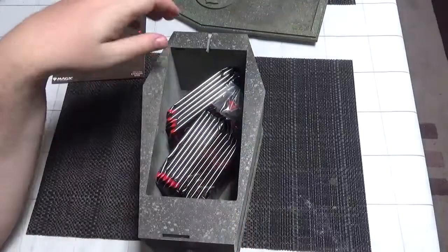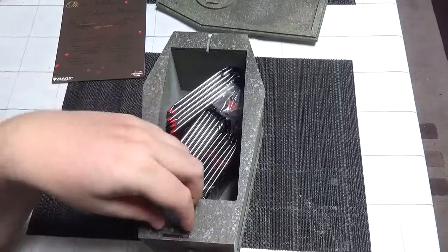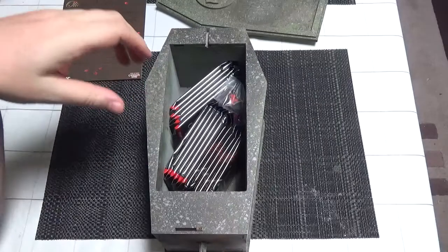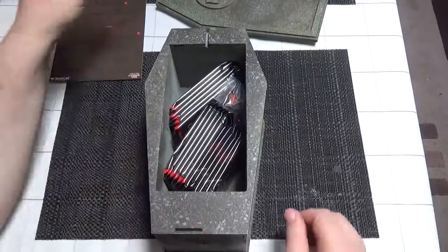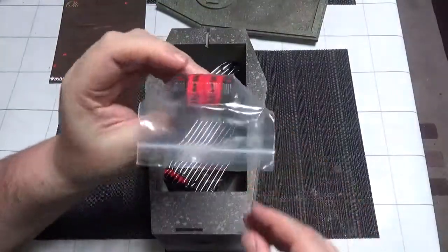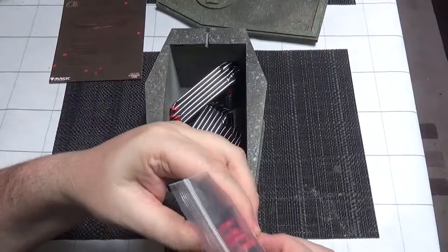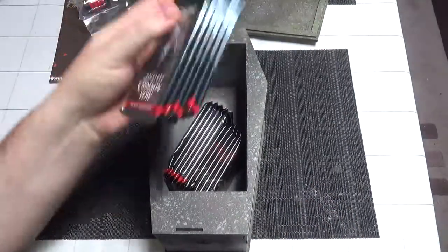Unfortunately, I did have a little bit of issue with the box during transit, and I believe that this is a piece here, down the bottom here, which is meant to lock part of the case in place, has actually snapped during travel. But inside we have a nice spin down dice. I've been wanting one of these for the longest time, and to finally get a hold of one, yay. And then we have